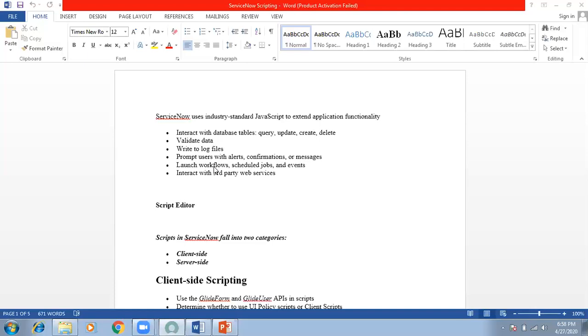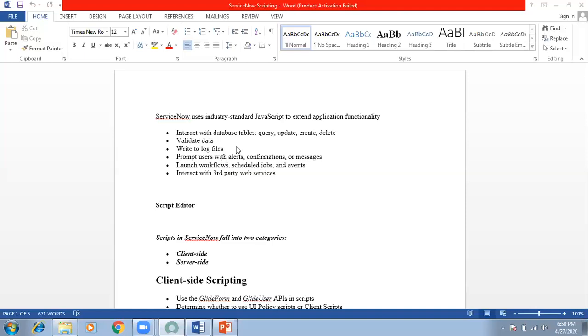But most of the time, once we start working with a client, we come up with certain requirements where we need to either design the tool as per the customer requirement, or tweak some design, or extend the base functionality. Getting my point? In those cases, we need to write scripts. They could be in the form of client side script or server side script.